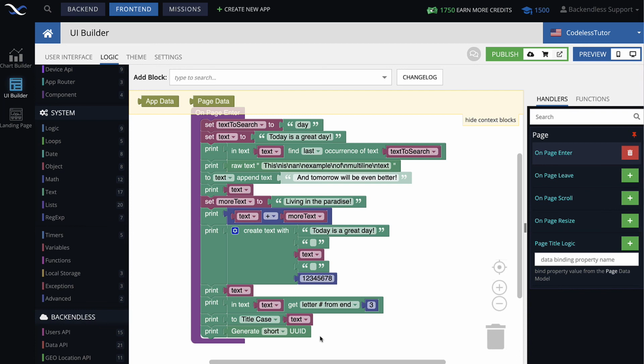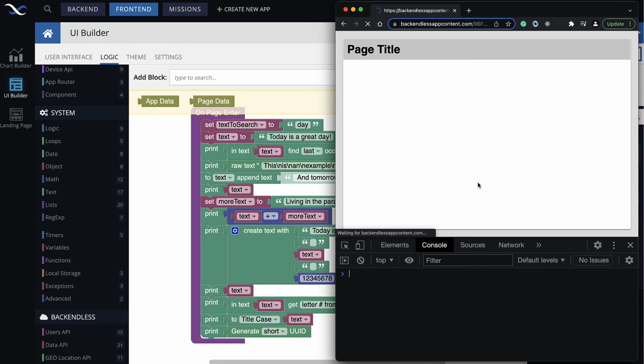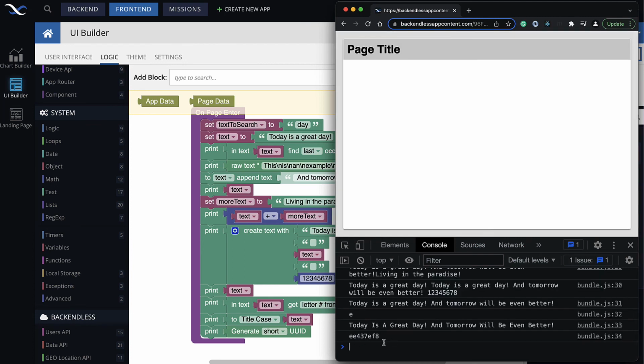identification. If you Google it, I'm pretty sure you will see the full definition of UUID. Basically, it's a long or short number, essentially a string, that is going to be unique in the entire world. So if you run this, it is going to be this UUID, okay? And if you run it again, it's going to be something different. It is going to be generated every single time, and it essentially guarantees to be unique.